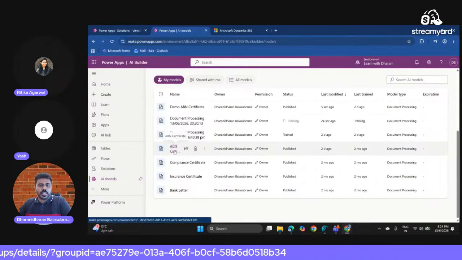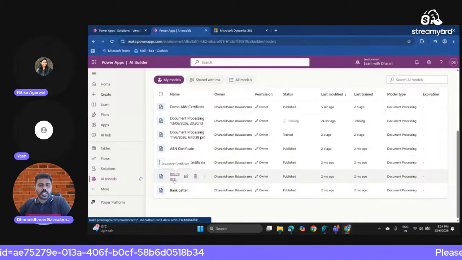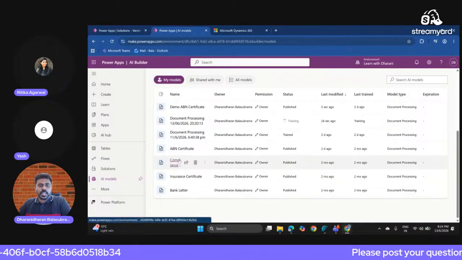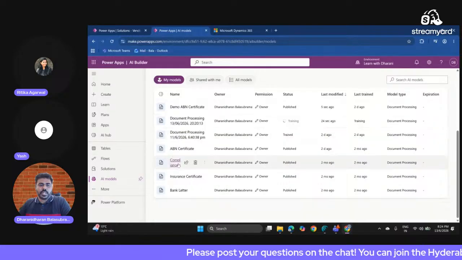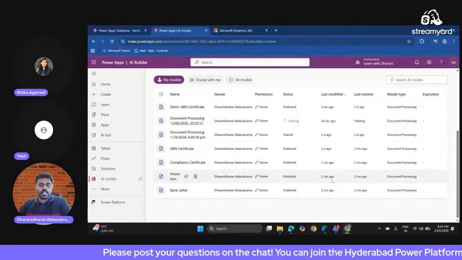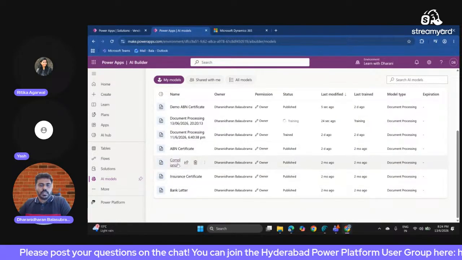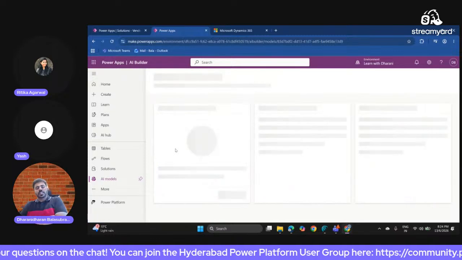You can see here, this ABN one, compliance one, insurance one, and the bank letter. These are all the ones we have leveraged inside the solution. And these are a few of the dummy ones which I have created, but these are the real models which we have created here. And if you open the model,